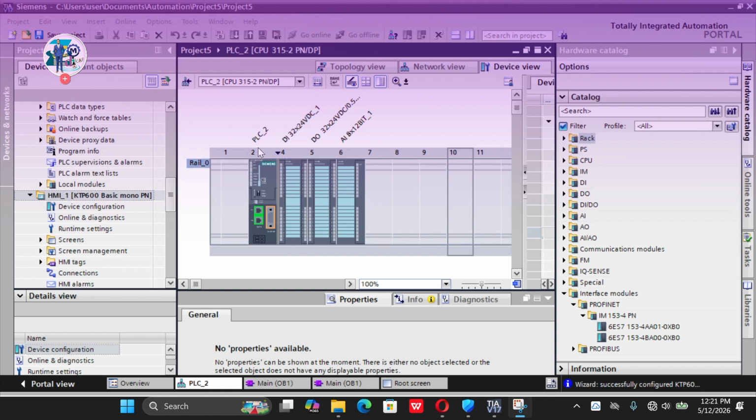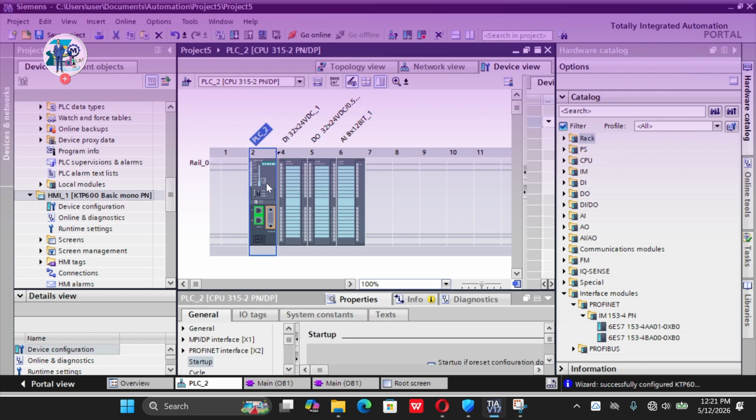I have done the CPU 315-2 PN/DP. That was the CPU I selected for my project, and next to that are the integrated digital input/output modules and analog input/output modules. So the lesson I'm going to share with you in this tutorial is how we can physically configure. The physical configuration in the software loop as well as in the hardware loop is the